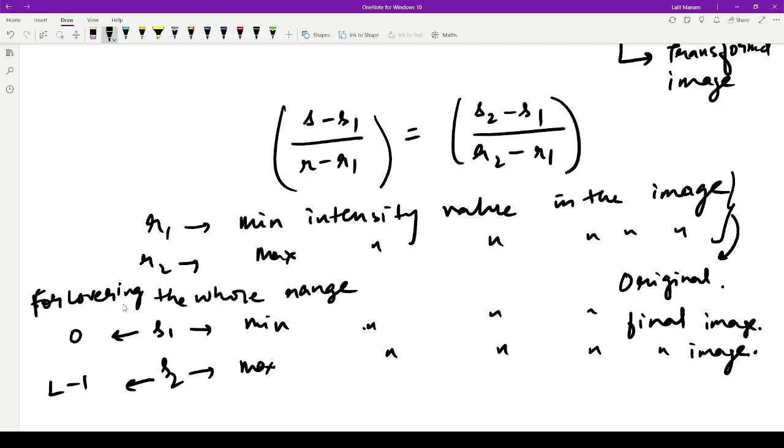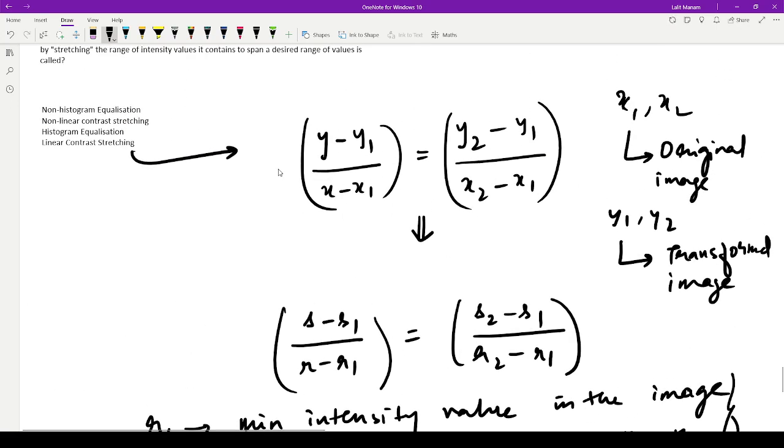This is the general idea of the linear contrast stretching. So you take minimum as 0 and maximum as L minus 1. So after you transform, your images will have this minimum and maximum intensity value. Okay,